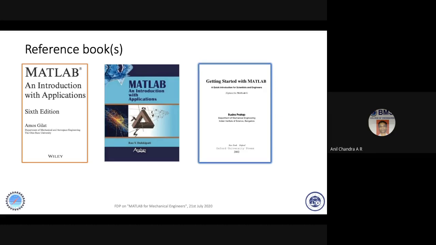Please refer to Amos Gilat. It takes you through things very simply. I think yesterday Narahari sir and Devraj sir also told you about this. If you want a little higher level with engineering problems, you can refer to Dukkipati. It's also good. And one by Professor Rudra Pratap is equally good. It gives you detailed information, and the codes are also available in the book. It comes with a CD as well. There are a whole lot of books available online on Amazon, Flipkart. You can buy them. You can also install a MathWorks app, and